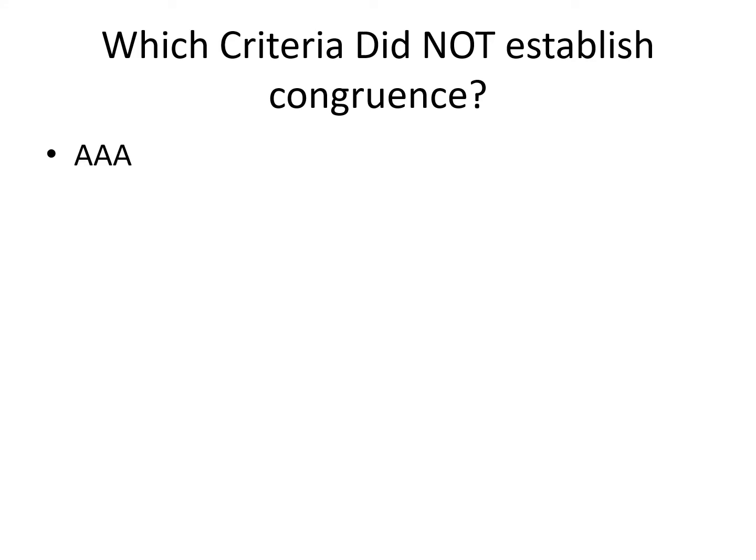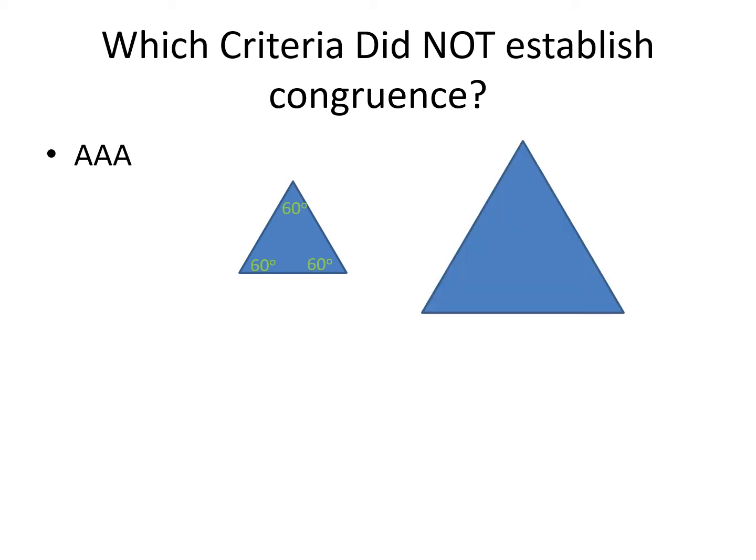There's two, angle, angle, angle, and if you read that, it kind of sounds like you're screaming at yourself, right? Because if you read angle, angle, angle, it says, ah! So don't do that. That's going to be when you have three equal angles in two different triangles. So let's think about an equilateral triangle, for instance. We know that every equilateral triangle in the universe has three 60-degree angles, but they don't have to be the same size sides. So I could have an equilateral triangle with side lengths of 1 and another equilateral triangle with